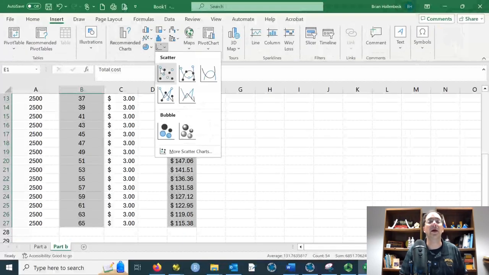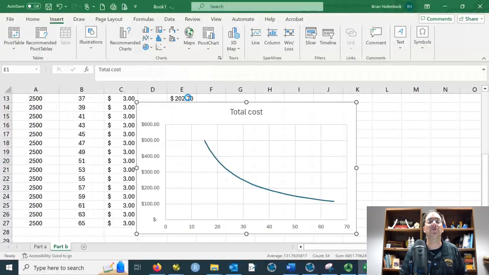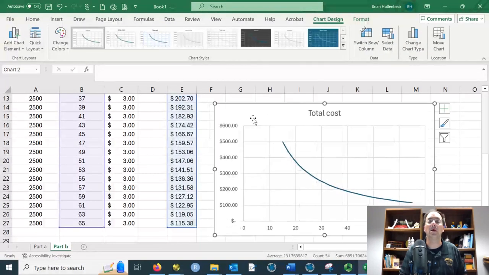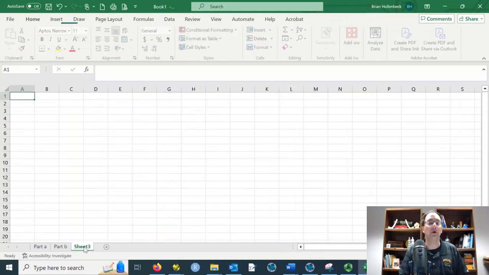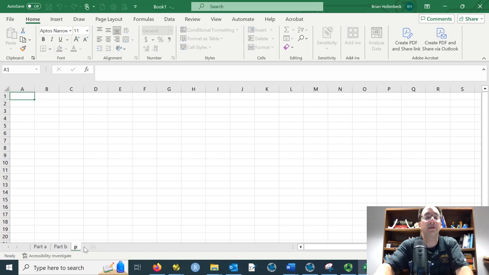insert another scatter plot with straight lines. And now I have the relationship between miles per gallon and the total cost of the gasoline, which as we expect is an inversely proportional relationship. So that's part B. Part C